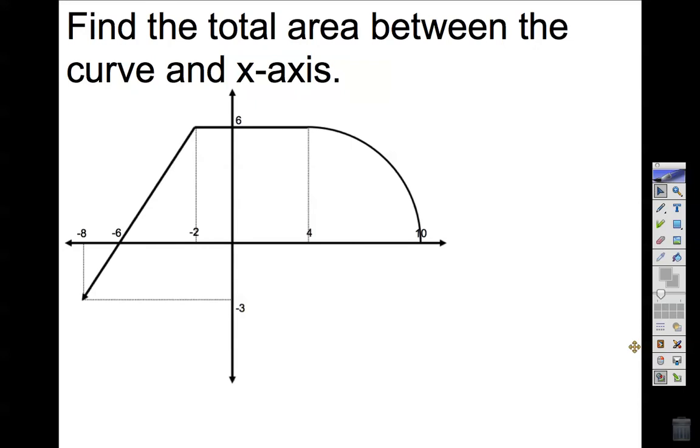Alright, so in this first part, we are asked to find the total area between the curve and the x-axis. So that curve, I am going to highlight in green, is this right here. If I can draw straight, right? This here, and this quarter of a circle. So it's between this and the x-axis. So that means that I have